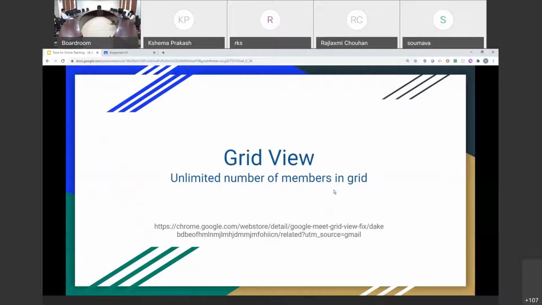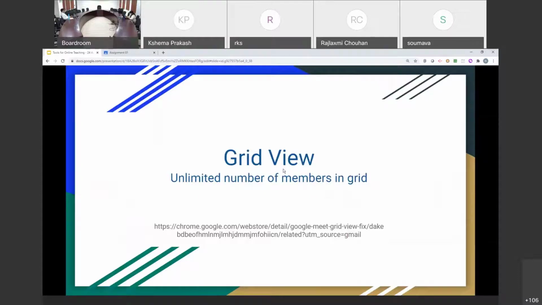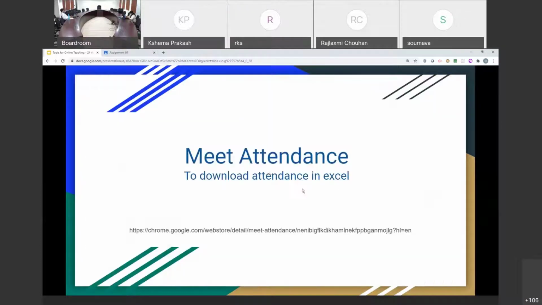This would be helpful if you're, say, taking a group photo in an event. If you're using a split screen, you could have your presentation separately. So this is a way to interact with the students and keep viewing all of them in the same window. This is the Google Meet Grid View extension. This is repeatedly being fixed.